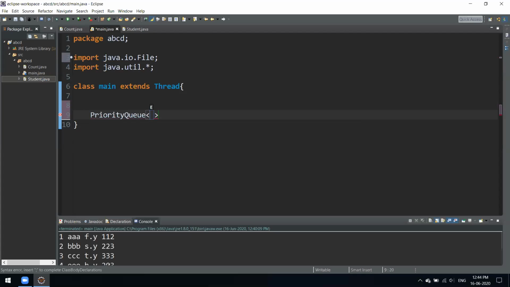Let's just give String only. String we have it, and we'll have a priority queue.